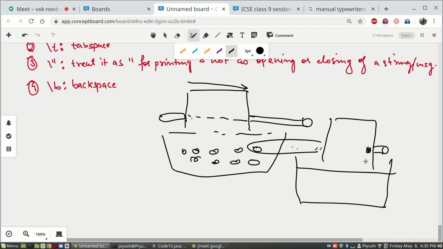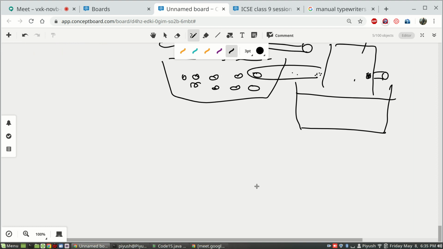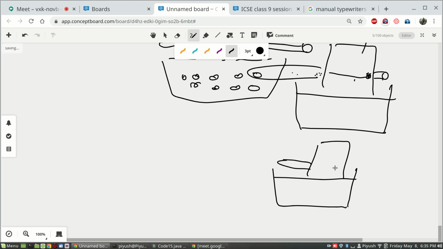Now if you want to start printing the next line, you will drag it up so that it moves a bit, and this entire carriage shifts from this line to the next blank line. However, if it is shifting to the next blank line, that won't change the position of the carriage.